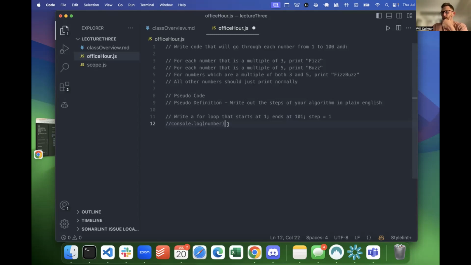Find out which ones. How am I going to do that, Tuba? Print fizz. Divide by 3. I can divide by 3. What other tool have we learned that allows us to see if something is divisible? So we have an if statement. Yeah, modulus, right? So I'm going to say use if statement to see if divisible by 3. If it is, then what am I doing? So if true,